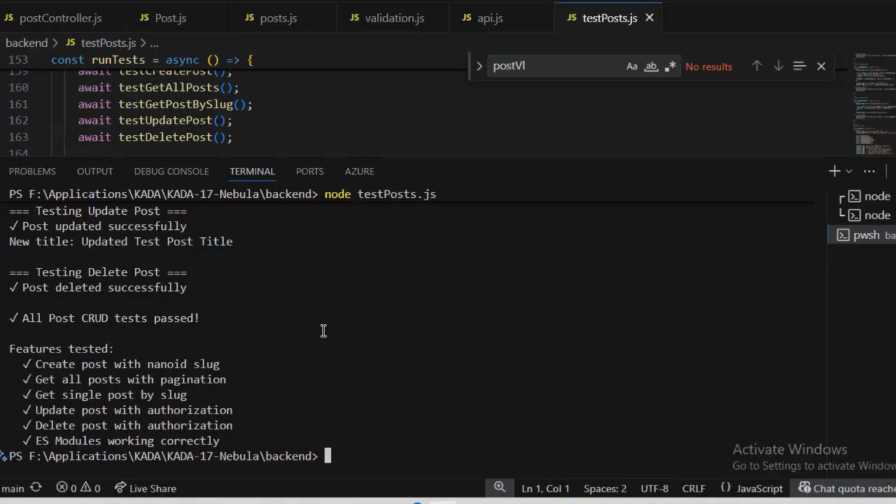The combination of reliable email service, NanoID-powered clean URLs, and robust post management provides the foundation for advanced features in the future. These phases establish the core functionality of the Nebula app that will make it a viable platform for user-generated content.